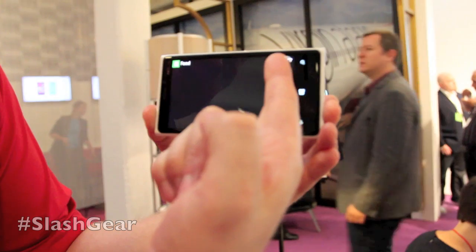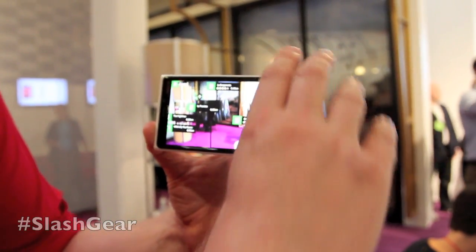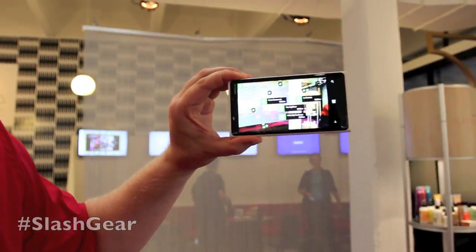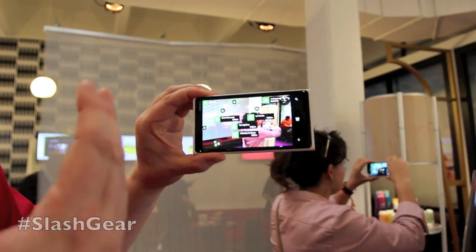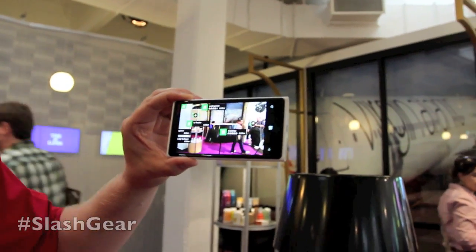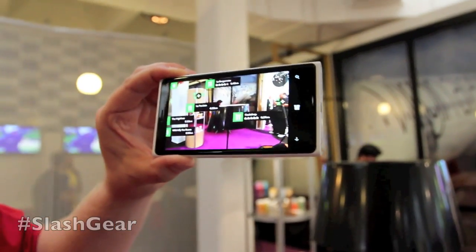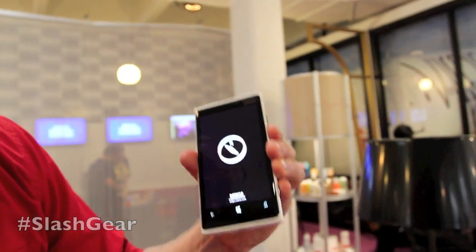Here you can see the density of the direction where the restaurants are located. Then you start to pan, and it automatically shows where the restaurants are. The more distant ones are shown as smaller icons in the background, and the ones closer are shown as larger icons. Some of them have ratings, and you can also see the distance to that place. So let's have a look at this one. It goes automatically to Nokia Maps,